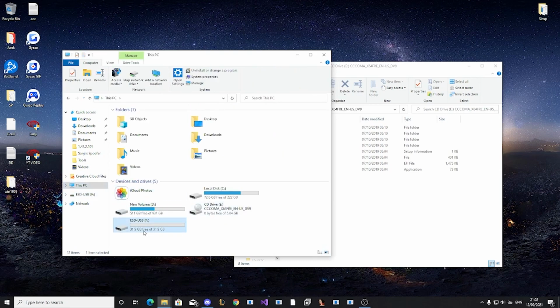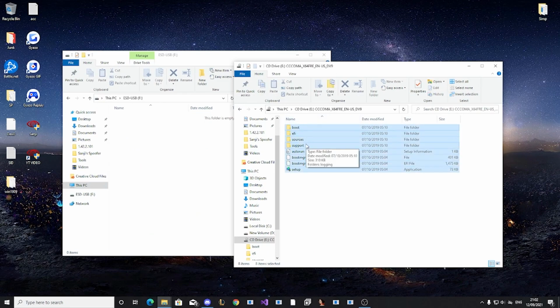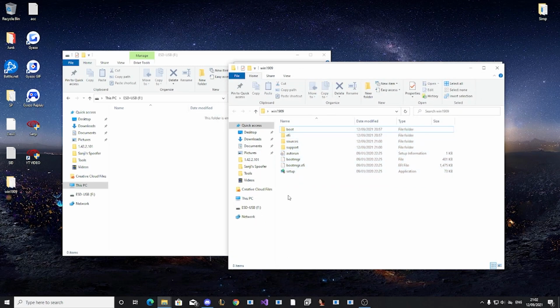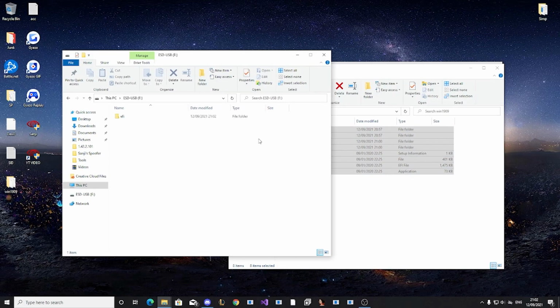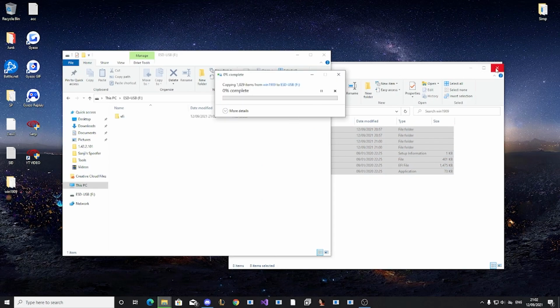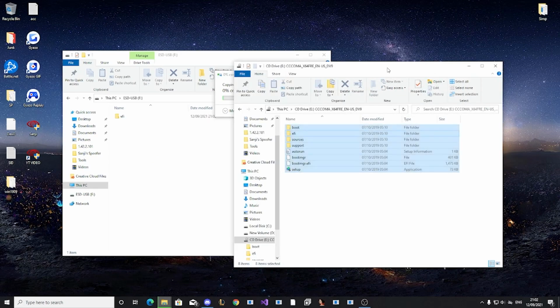Okay, my USB is there, and just transfer these files to there. Very simple. Just copy them there, which I'm gonna do now because I already have these files there. Just gonna move them, and once that's done,